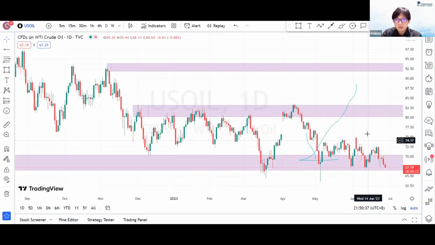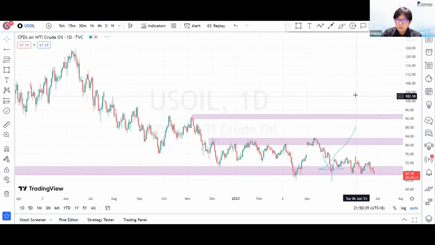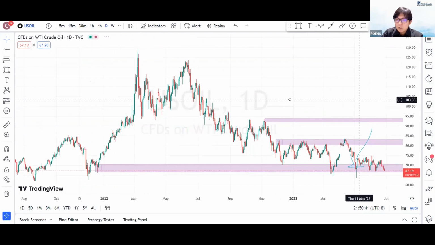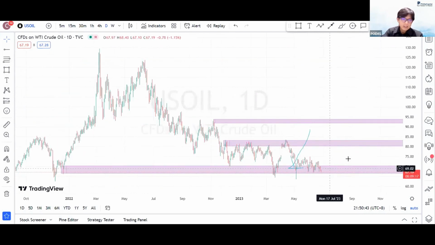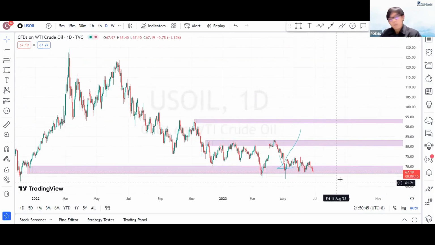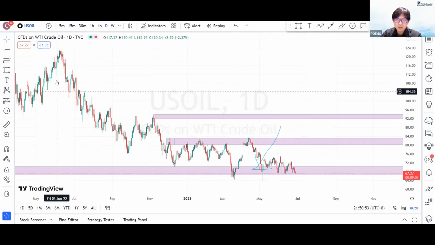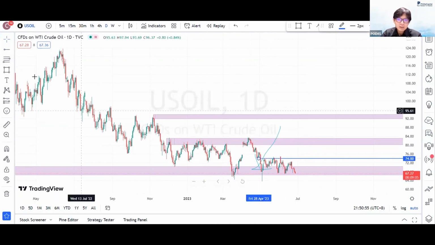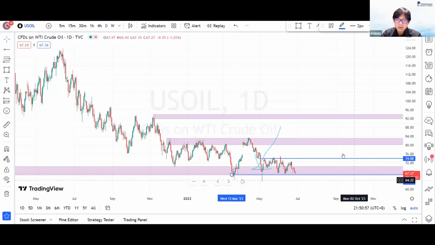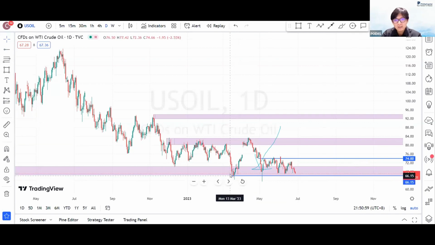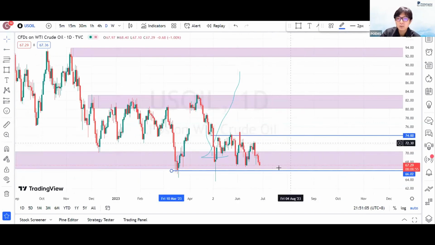The last of the commodities I'll be looking at is WTI crude oil, US oil. For now, it is sitting at a delicate demand level. Whether this level will continue to hold is the question now, because they have been stuck in this range-bound area from 73 towards the current level of maybe 67, 66 area. This area is not showing very nice price action. They are basically just range bound at this moment.